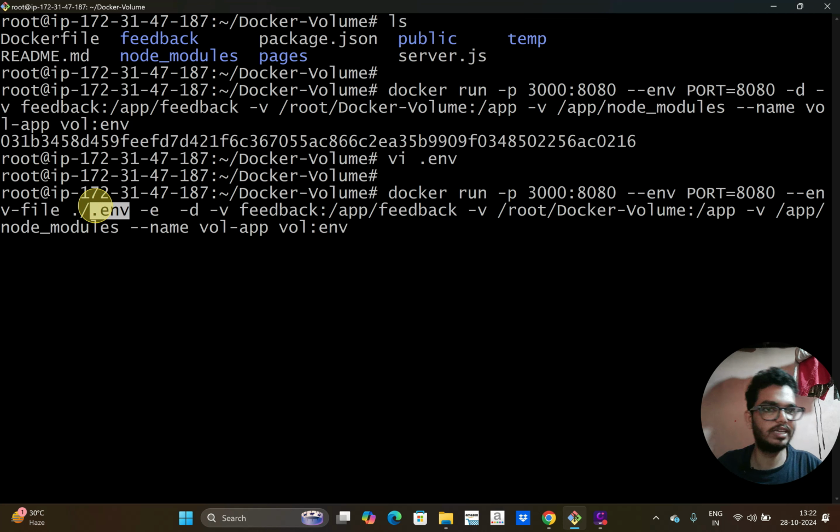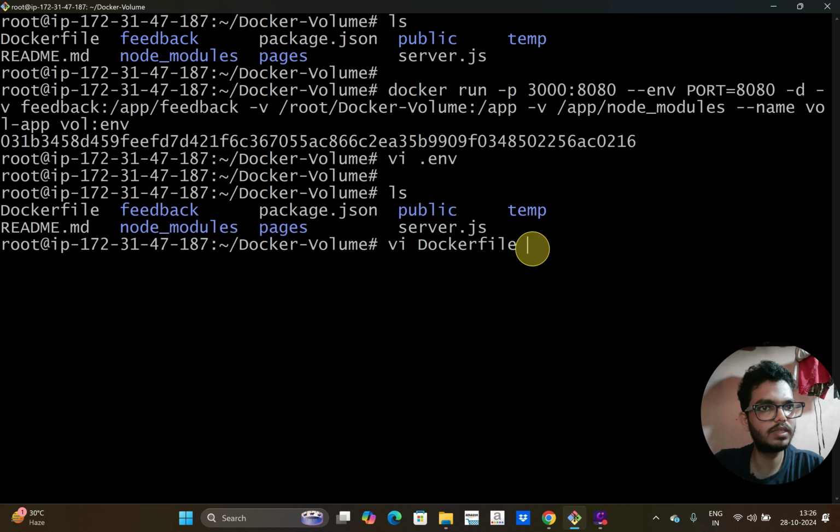That file name is .env and the file is in the same directory. You can mention that as /the file name. So that's it about env file. While building the application, we will have different environments, and variable values in these environments can be different. For the same environment variable, in dev we will assign a different value, and in prod we will add another value. To dynamically assign the values, you can create different .env files for different environments. So that's it about env.